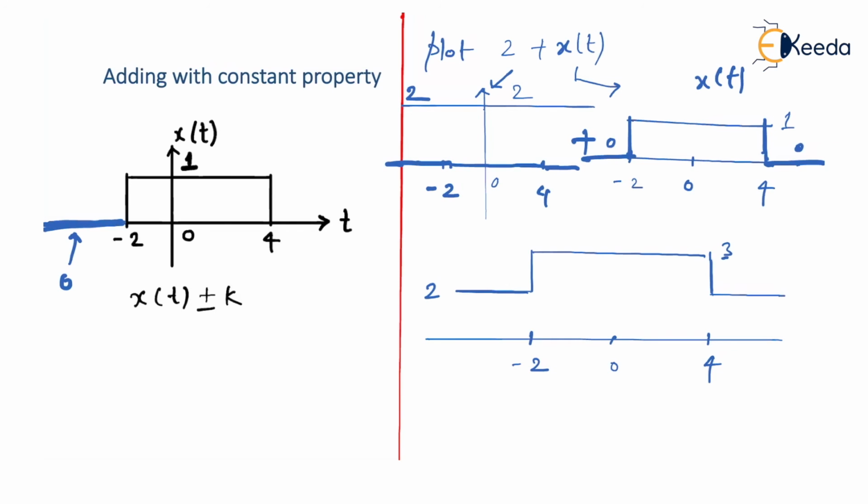So you can either clamp up the signal or clamp down the signal, without actually affecting the property of the given x of t. The original x of t width and original x of t height are going to remain the same. The only thing is that it is either lifted upward or shifted downward, and that's what we called the clamping property. So I'm sure you have understood all these properties, that is, the combined properties as well as adding with constant and multiplying with k, that is the constant property. Thank you.